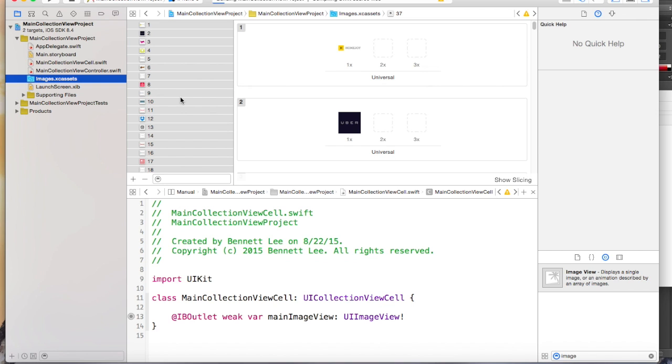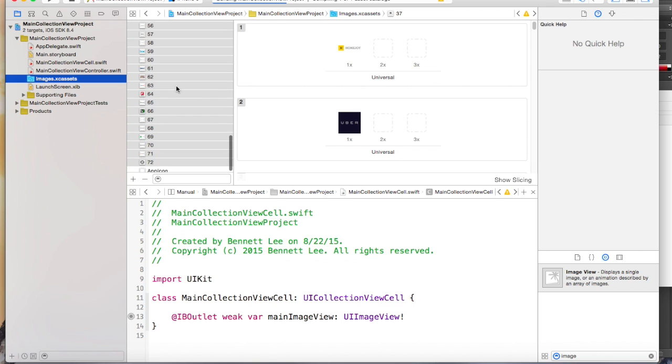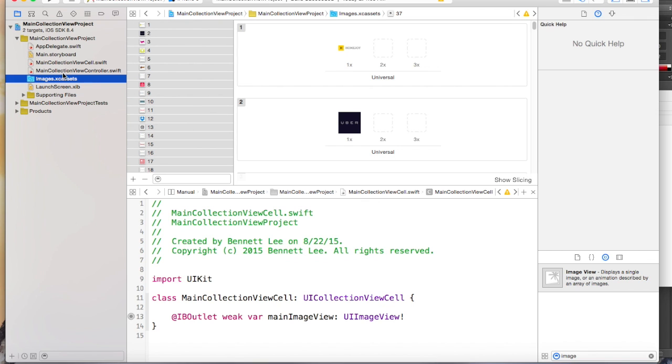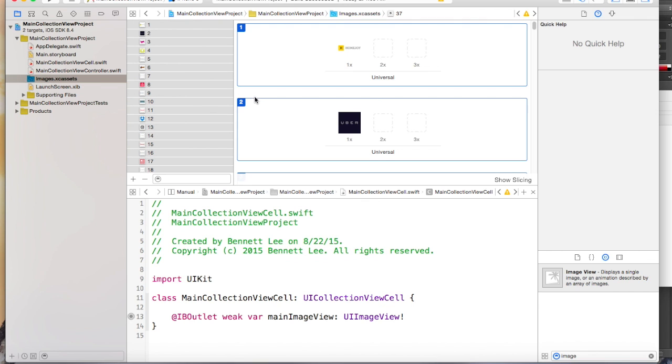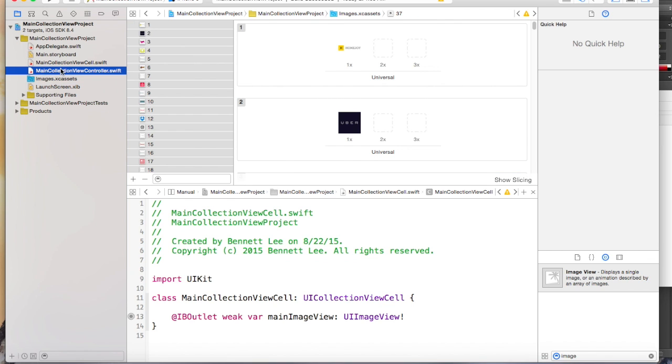So I'm going to hit Command B to make sure this builds. I think there's one file I might need to delete here, but we'll see. Oh, maybe it works. Cool. So now I have a list of company images in my XC image assets, and I'm going to go back to my